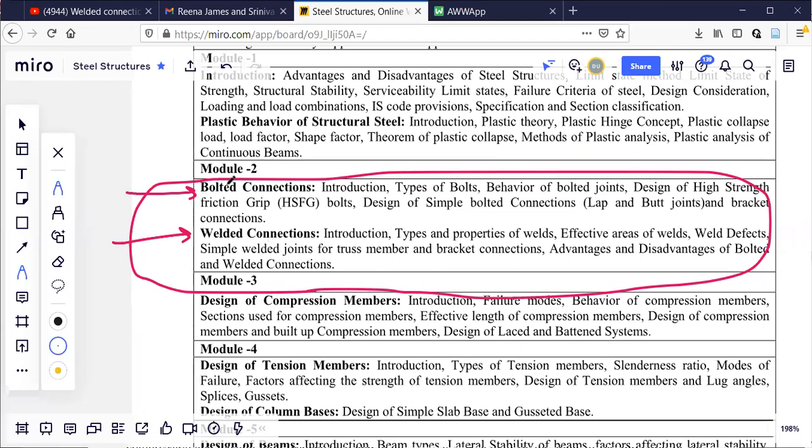Even now, we have to use bolted connections in some places because they have their own advantages. Wherever it is desirable to use bolted connections, we use them, and wherever welded connections are required, we use welded connections. Welded connection is usually said to be better than bolted connection, but there are some applications where I have to use bolted connections.